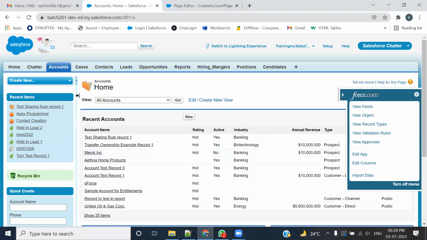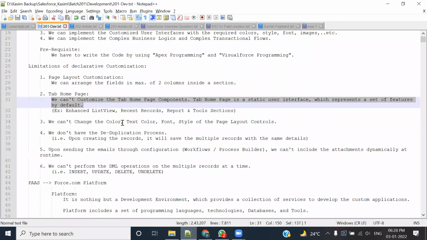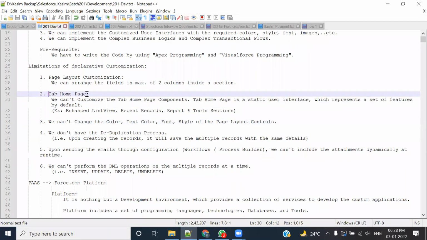But we are going to understand how to design the home page also, according to our requirement. So this is one of the drawbacks of declarative customization, that the tab home page cannot be customized by default. There is no provision that you could customize the tab home page. आप अंदर में जाके कर सकते हो, detail layout कर सकते हो, edit page को कर सकते हो, but tab के home page को आप customize नहीं कर सकते. And that we could do again with the visual force programming. विजुअल फोर्स प्रोग्रामिंग के थ्रू हम वो कर सकते हैं। ठीक है, कैसे तो सीखने वाले आप।